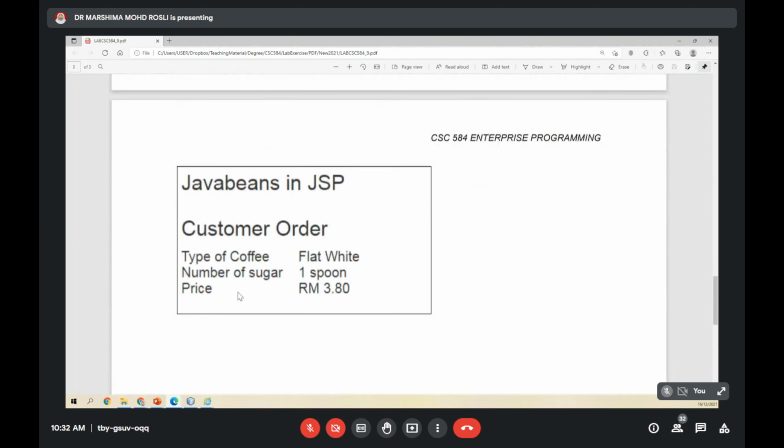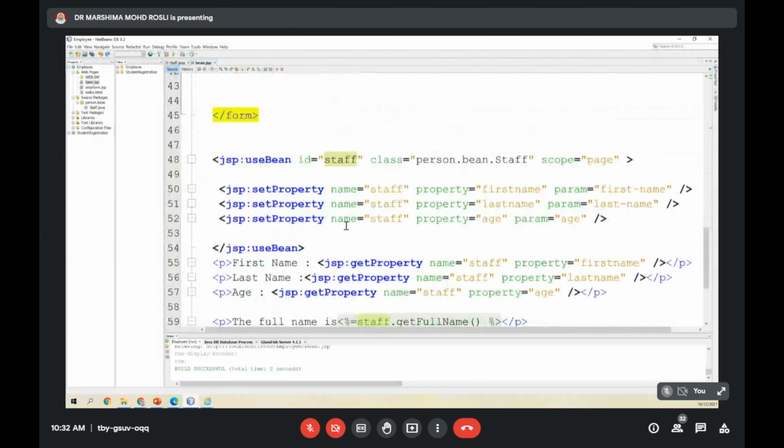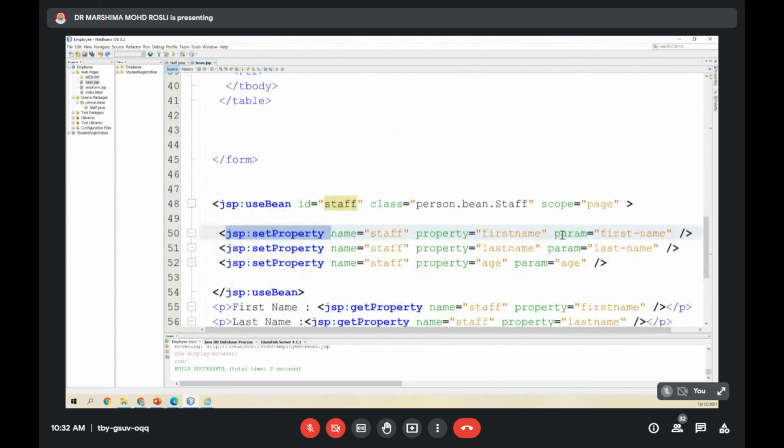Then you need to display the result like this. After this form is submitted, first create the use bean, and then create the set where you set the value with the one from the HTML. Meaning that you can use this param, or you want to use